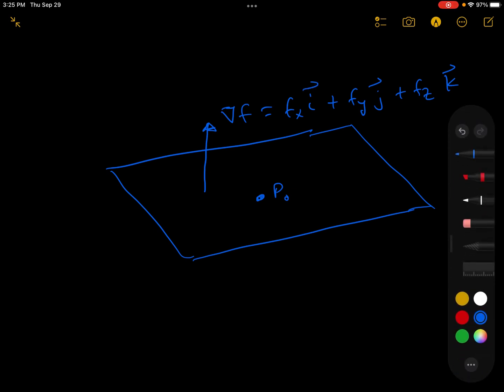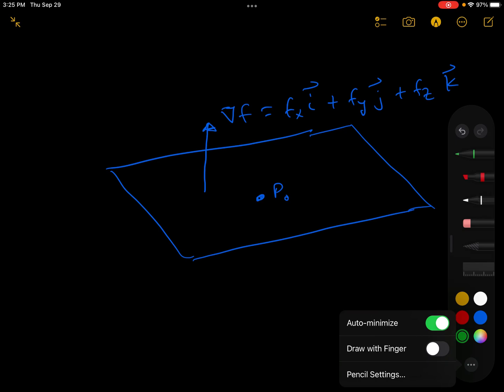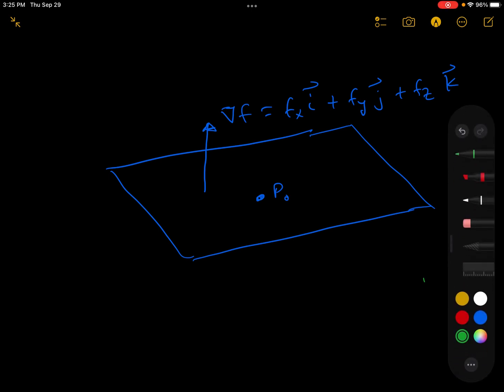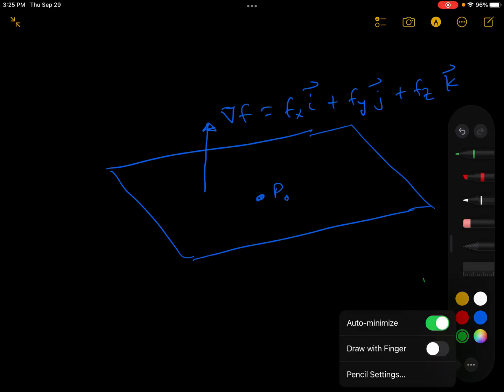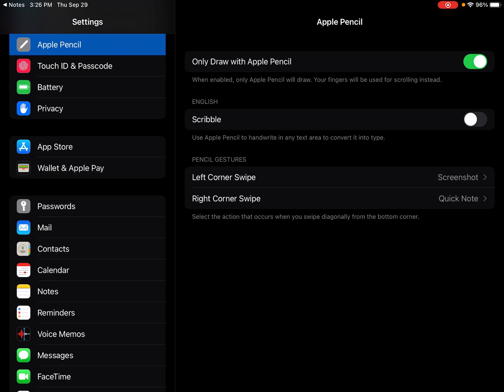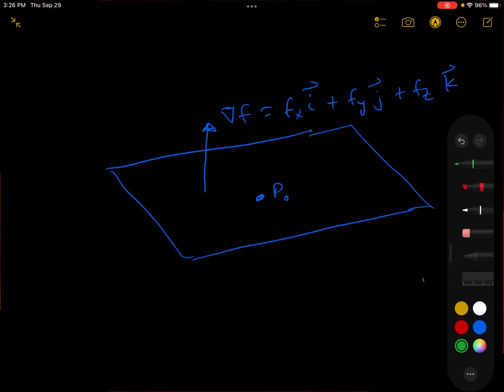Oh, why did that do that? Uh-oh. How do I switch it? I didn't mean it to turn sideways like that. Oh my goodness, what happened to me here? Anyways,